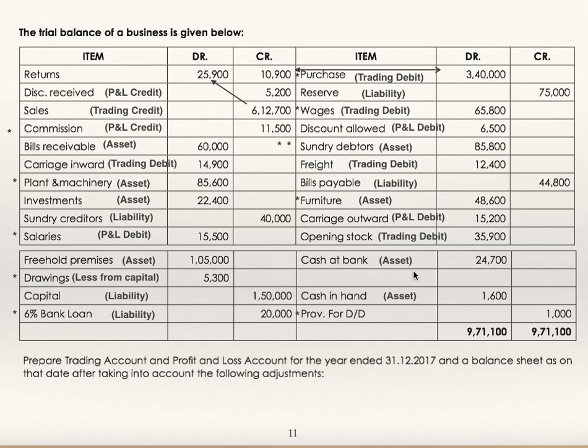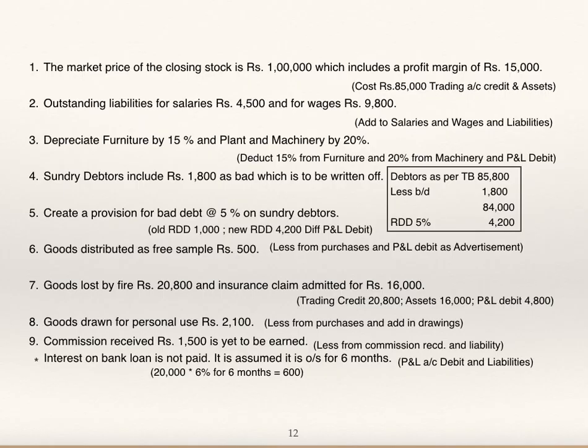So this is how you are supposed to first go through the adjustments, put stars, then one by one start entering the items. Those which do not have any adjustment, directly put the figure in the outer column, and those which have got adjustment, put the figure in the inner column, do the adjustment, show both the effects, and then proceed to the next item. After completing posting all the items of the trial balance, once again go through the adjustments to check whether you have covered all the adjustments or not.